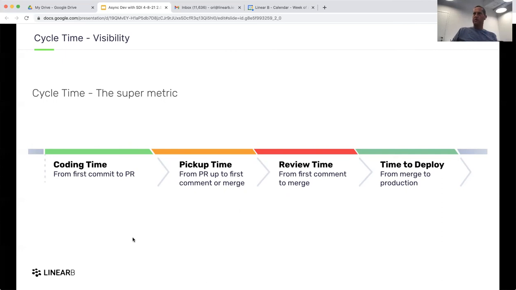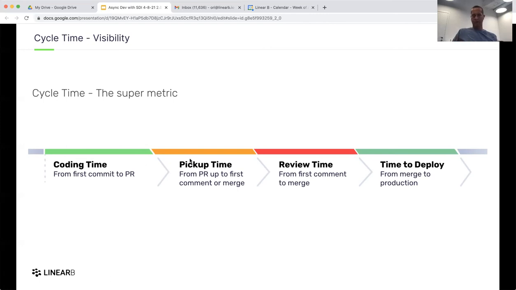You have flavors now. Sometimes you issue a PR early on. I have customers saying, hey, but I'm issuing a PR the minute I start to work. So there are ways around it. It's usually a draft PR or work in progress. But when a PR is ready to review is when the coding time is basically over.